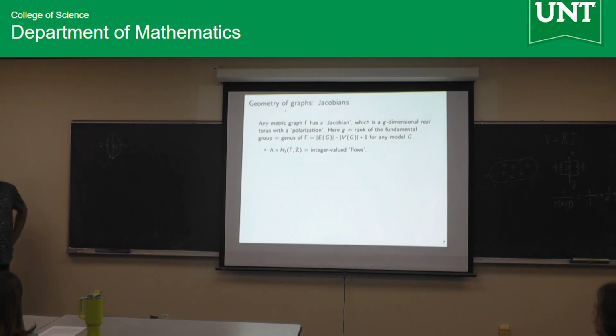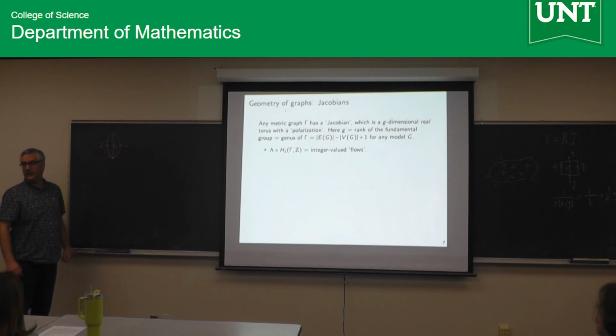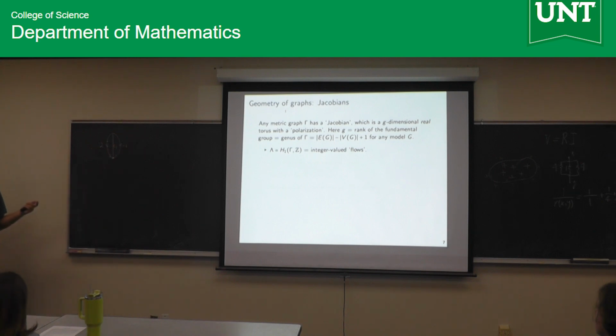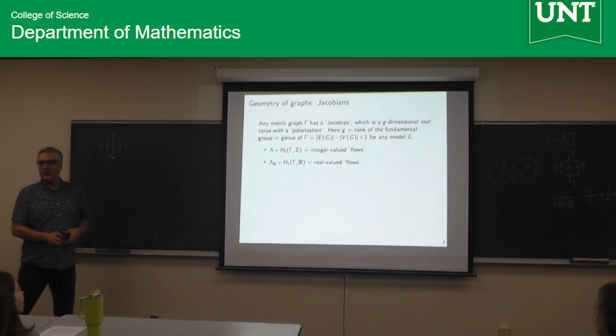So for some reason I'm insisting that you are not allowed to put pi and r and e and things like that. And you can immediately think of this as some kind of a group, because if you have 2 such things, you can add them. There's a zero flow with some group. And in fact, it's kind of weird that I'm insisting it should be integer valued, so let's go ahead and think about the real valued version of this as well.